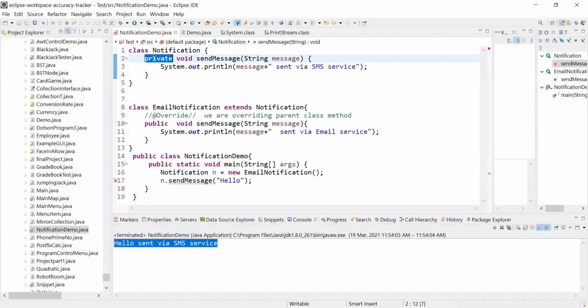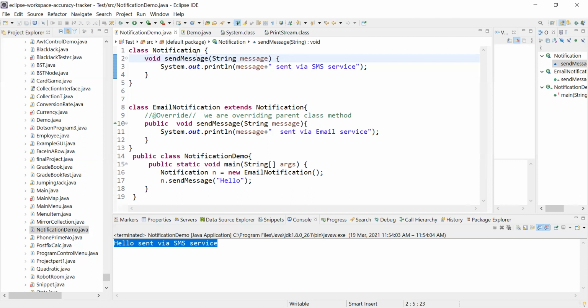So there are 3-4 points we have discussed. Overriding happens within parent and child class. We define the same method in the child class as we have in the parent class. Next, the signature should be the same. Like in overloading, what was changed? We were changing the signature, like modifying the sequence of the arguments, or changing the number of arguments, like increasing the number of arguments, but we cannot do that here. Let me show you that.